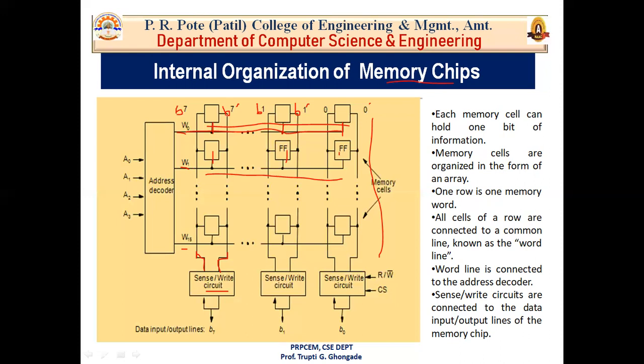That means the B7 dash bit line is the complement of the B7 bit line. So they are generally called B and B dash. In this figure you have B0, B0 dash, B1, B1 dash, B2, B2 dash, up to B7, B7 dash bit lines. Now this sense/write circuit